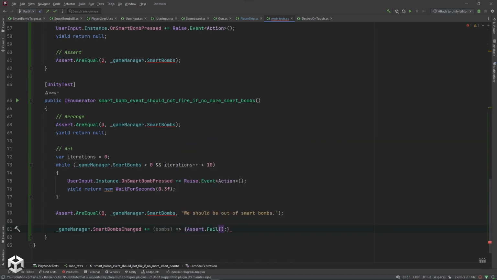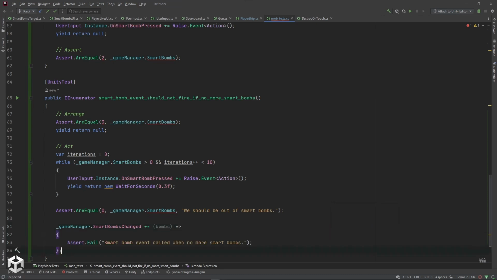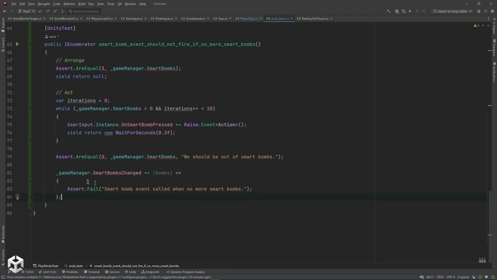We're going to just say assert fail, and give it a message: smart bomb event called when no more smart bombs. And then just give a terminating semicolon there. So basically we're subscribing to this event, and if it gets fired, we're going to fail the test with this message. Now we're going to go ahead and fire the event,